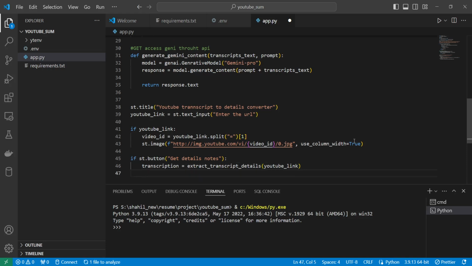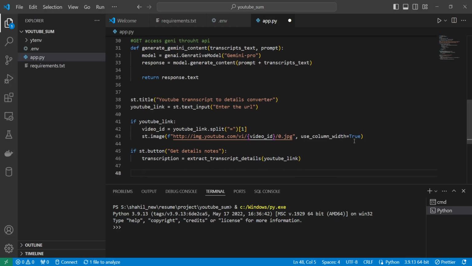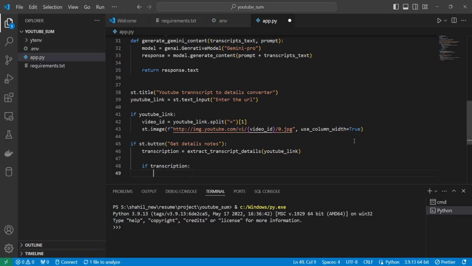After passing the YouTube link, if the transcript is available, transcription is there, then we call the generate Gemini, then we call the summary,